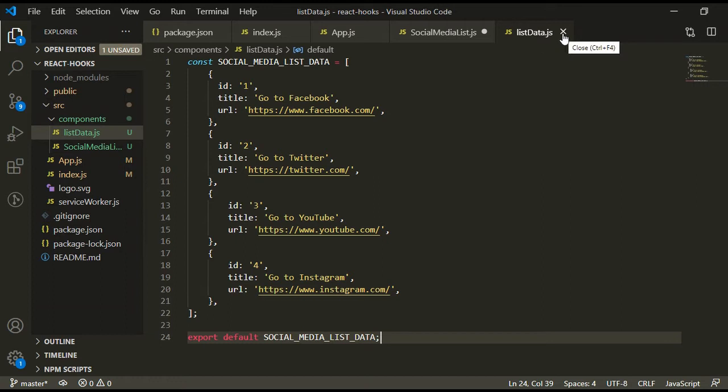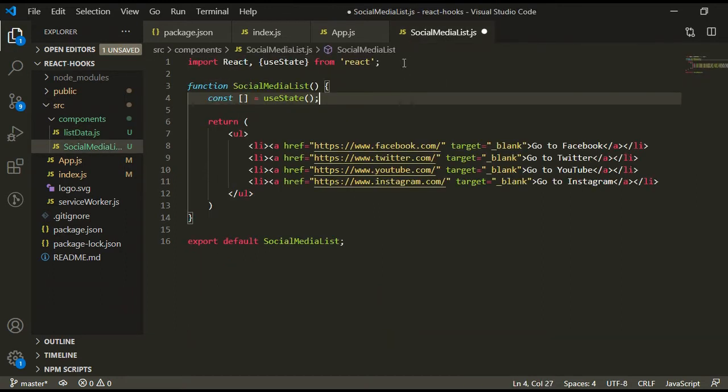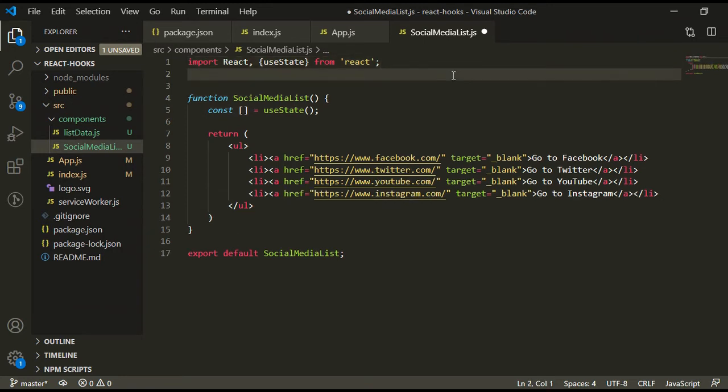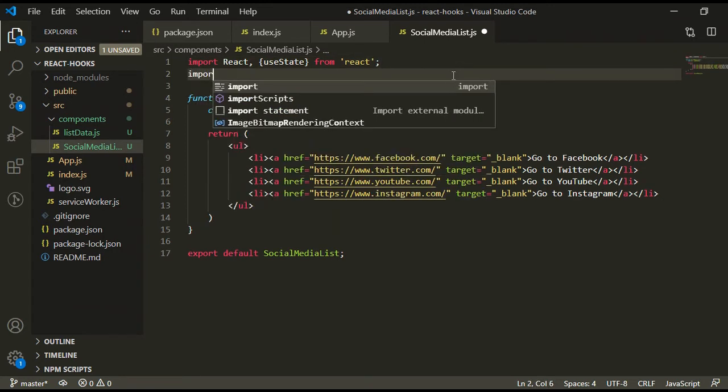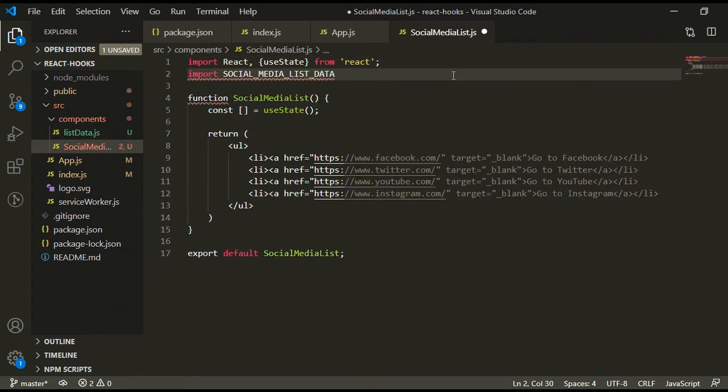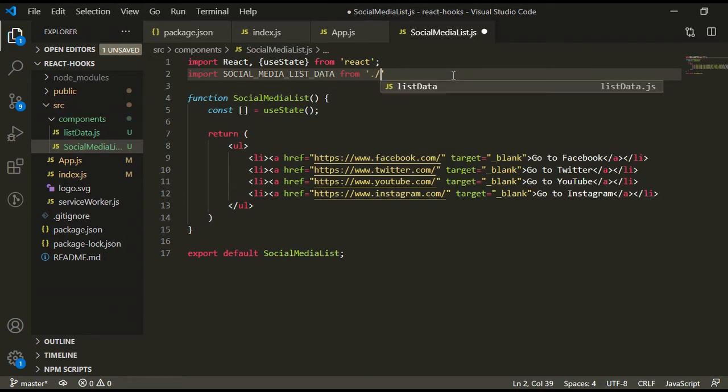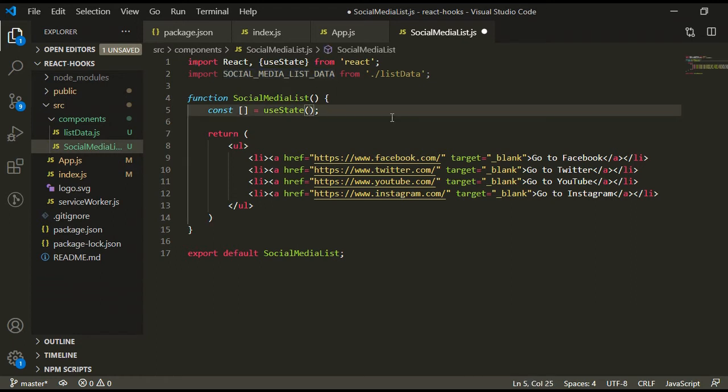So let's close this. Here we can import that data from listData. Now here we can use this list data inside the useState hook.